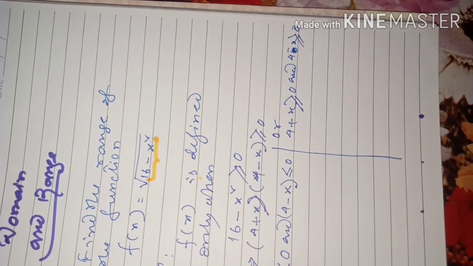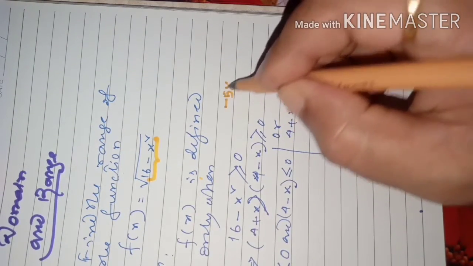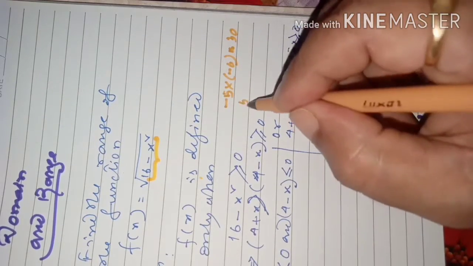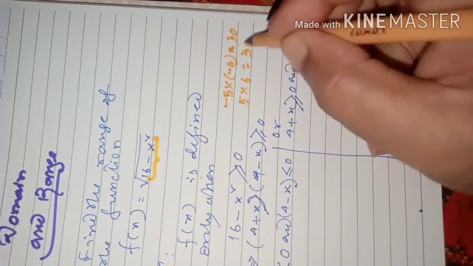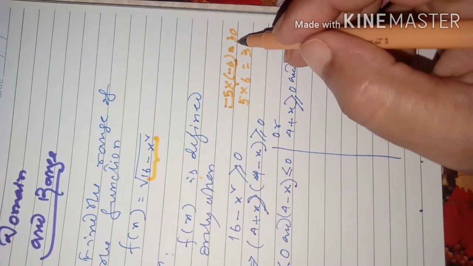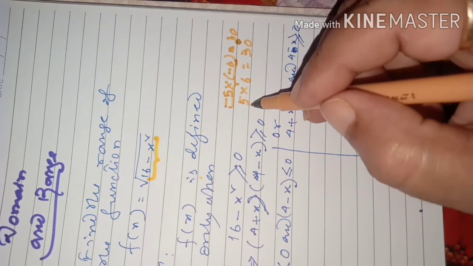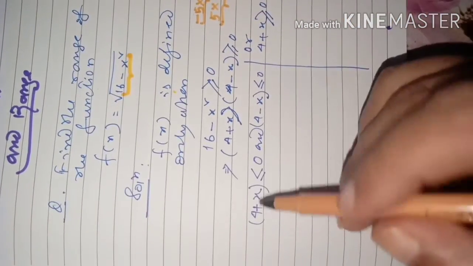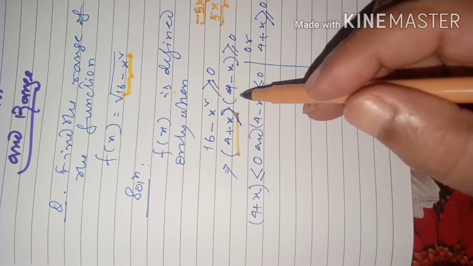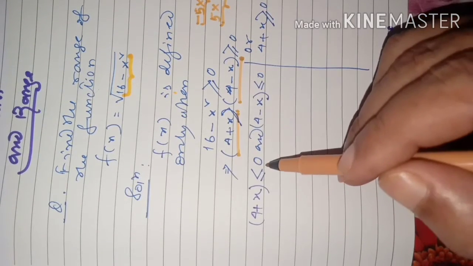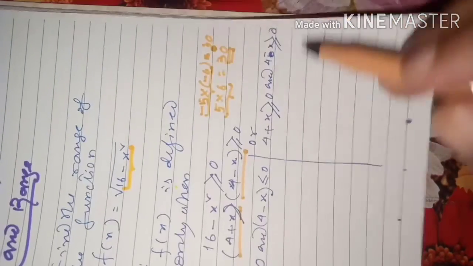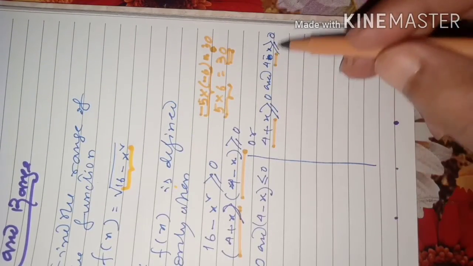Because, as I told you, when you multiply, say, minus 5 with minus 6, the product will be 30, positive. Or if you multiply 5 with 6, then also it is 30. That is, if we multiply two negative numbers, it is positive, or if we multiply two positive numbers, then also it is positive. So we are thinking that way. If both this factor and this factor are negative, meaning less than 0, then the product will be positive. Or if both are positive, then the product will also be positive.